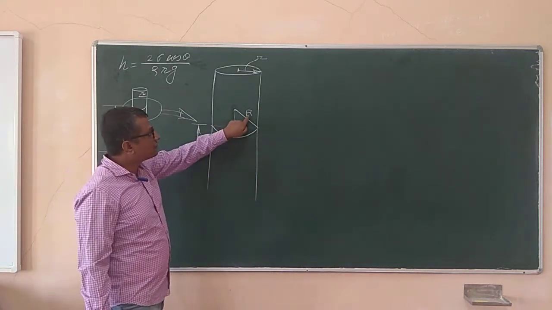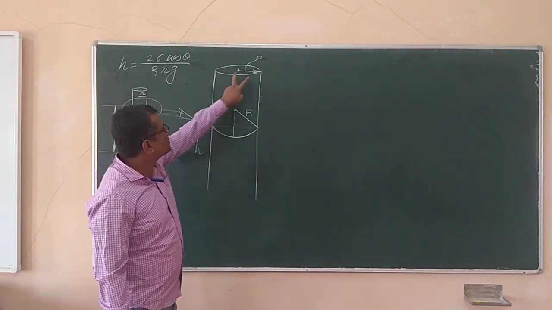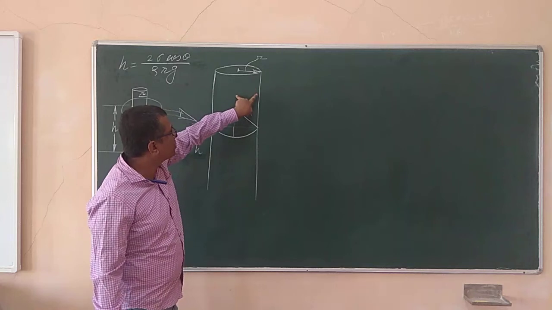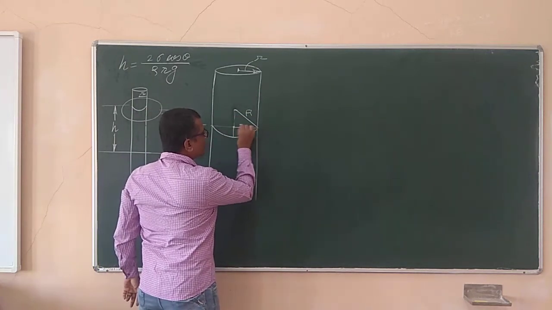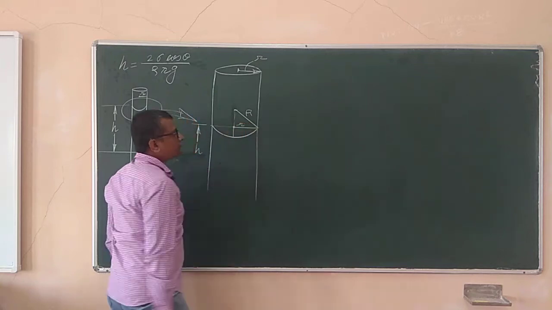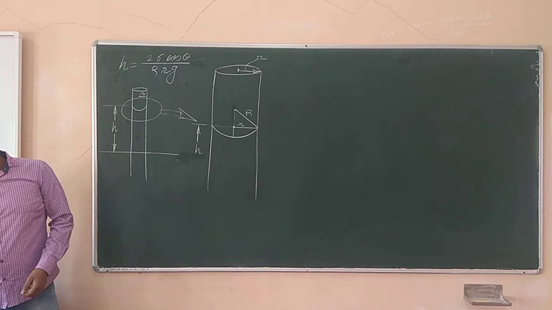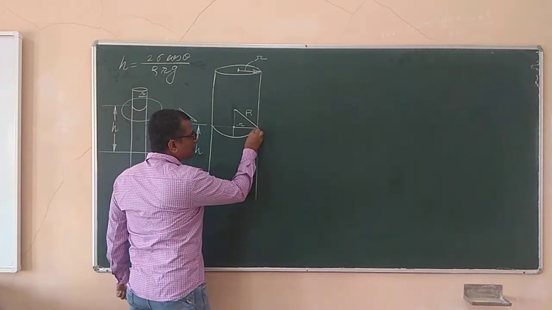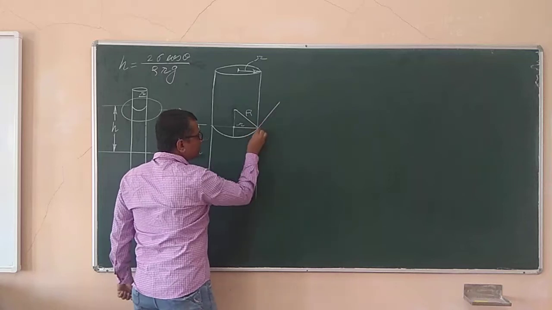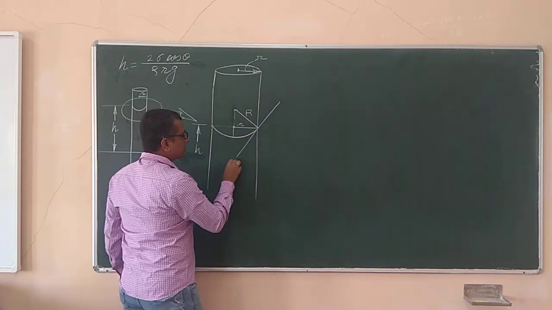Remember that capital R is the radius of the spherical curvature, whereas small r is the radius of this capillary tube, and that radius will be over here. This is small r. Now I would like to draw the tangent to the curvature of the free liquid surface. If I draw the tangent to the curvature of the free liquid surface, here it will be the tangent, and here will be the tangent. This is t dash, the tangent.